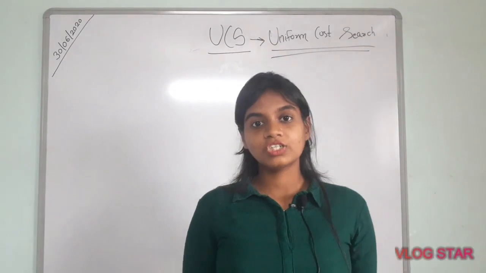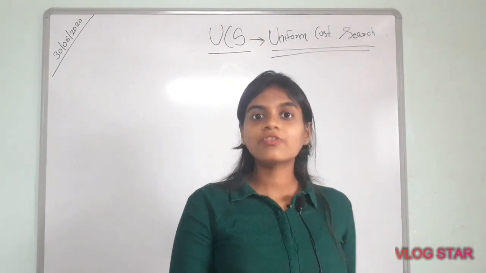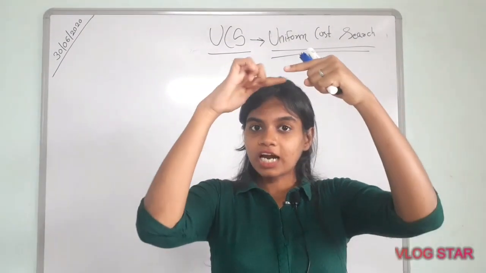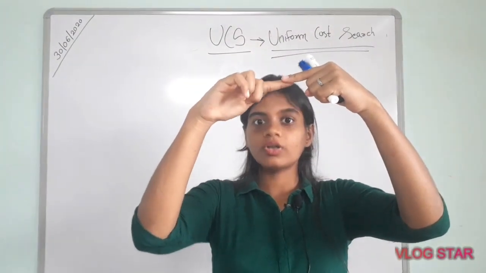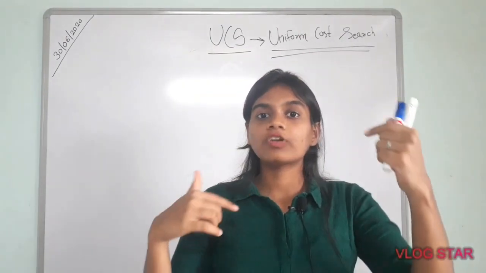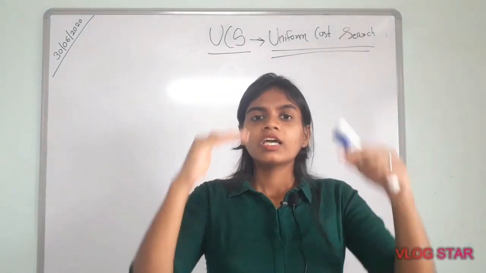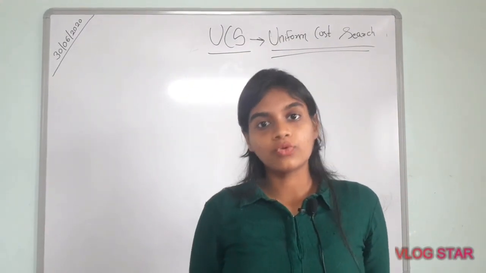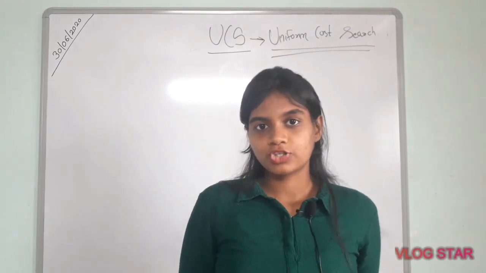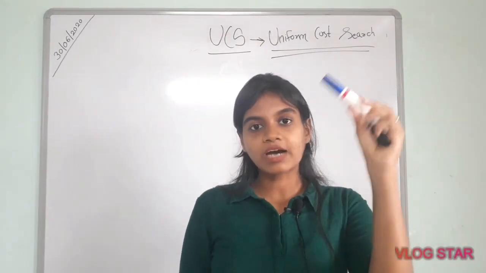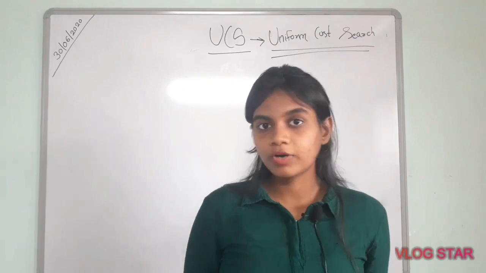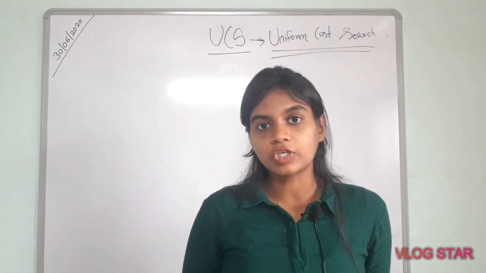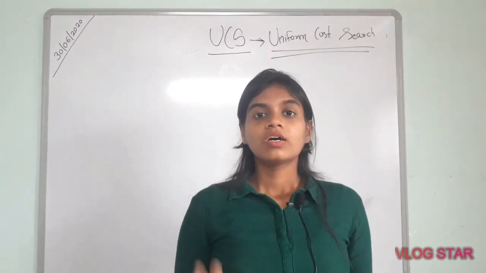Now I will tell you the difference from breadth first search. In breadth first search, they traverse a tree starting from the root node, that is the initial node, and they find the shallowest node. What does shallowest node mean? It means they traverse the nodes nearest to the root node. This is how breadth first search works. But breadth first search traverses the tree with the help of a normal queue, and uniform cost search traverses the tree with the help of a priority queue. In this way uniform cost search traverses the tree.